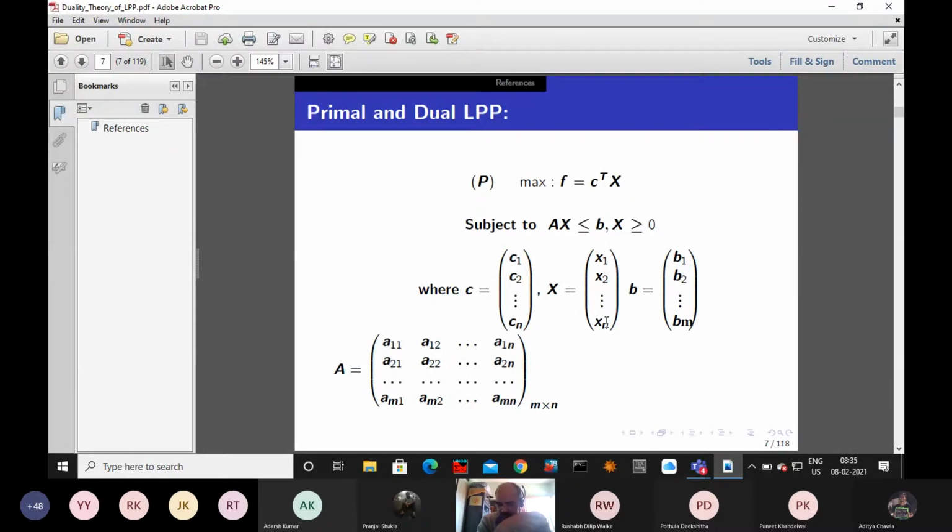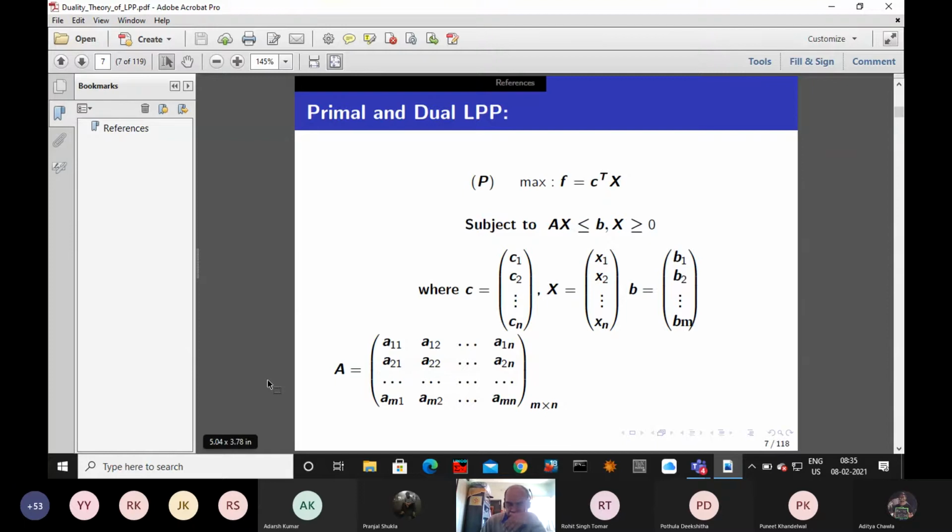If you are presenting the matrix notation, the C vector is a column vector, of course. The components are C1, C2, Cn, all real. The decision vector is x. Because they are the decision variables, they are non-negative. The components are x1, x2, xn, all non-negative. And the right-hand side B has the resource parameters B1, B2, Bm. So from this it indicates we have m number of constraints.